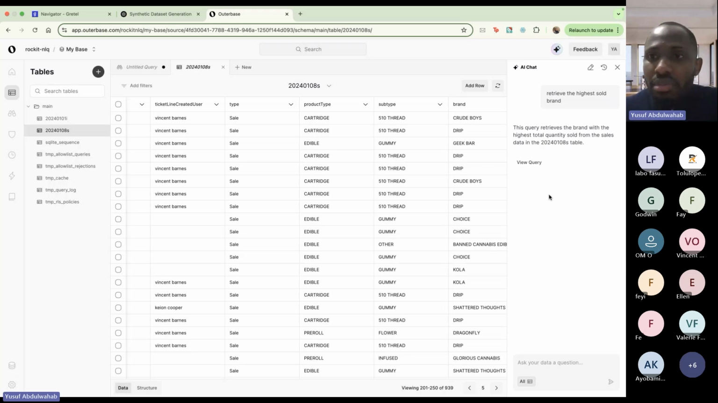It will take some time because it's actually trying to retrieve it. You can see, it said this query retrieved the brand with the highest total quantity sold from the sales data in this table. Now it says the brand is Dragonfly, and this is the total amount that has been sold,